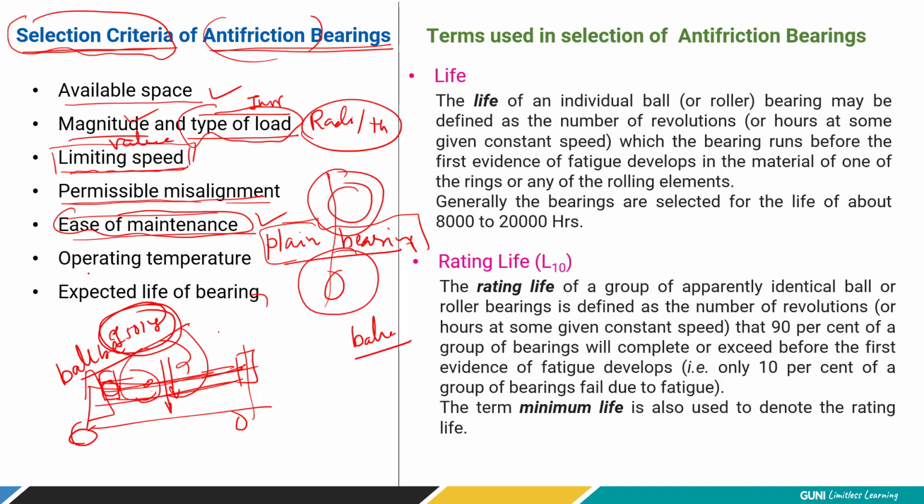Now another point is operating temperature. All the machines are not operating at environmental conditions. Some of the machines are handling very high pressure fluid or hot fluid, right? Even while they are rotating, that heat is transferred to the rolling element, I mean to say, the bearings. In that case, the bearing must be able to dissipate this heat.